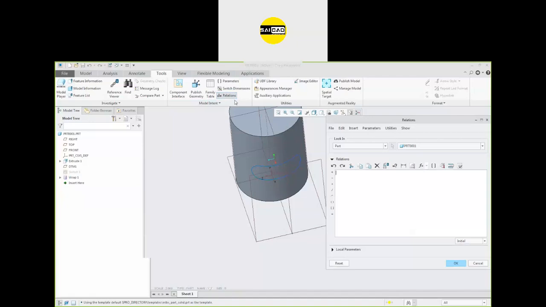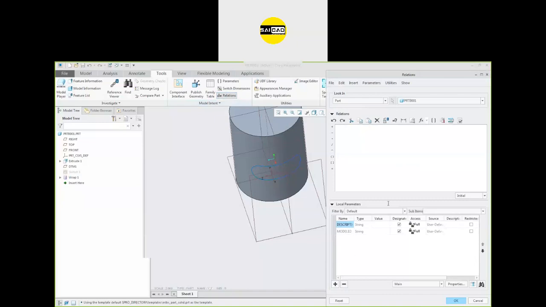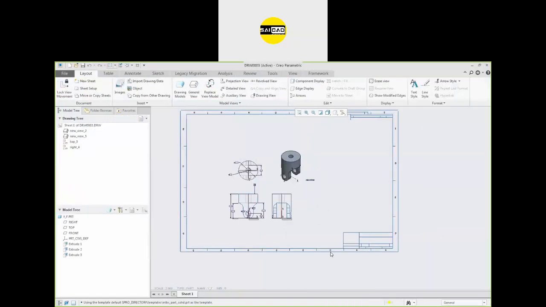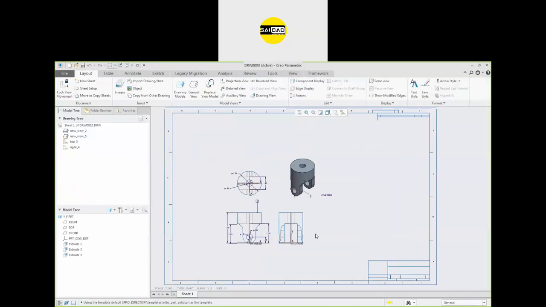You have to create some relation from here, some parameters from here. So for that you have to know the script, how to create some program. You can create anything from here, but for that you have to know the script of this software. Okay, any other question?